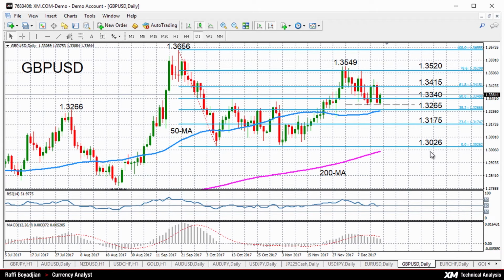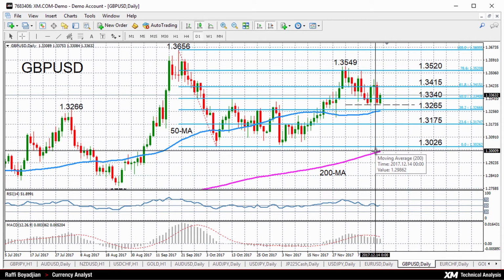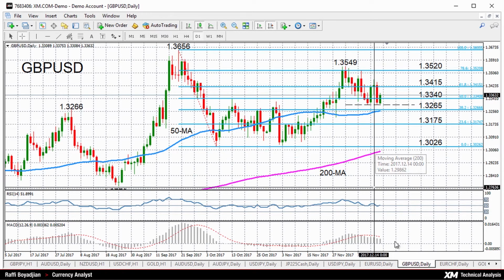towards the bottom of the current range at 1.3026, and we can see the 200-day moving average slowly moving towards that bottom of the range around 1.3026. So if you do see further weakness for pound dollar, the 1.30 handle will be the major support area to